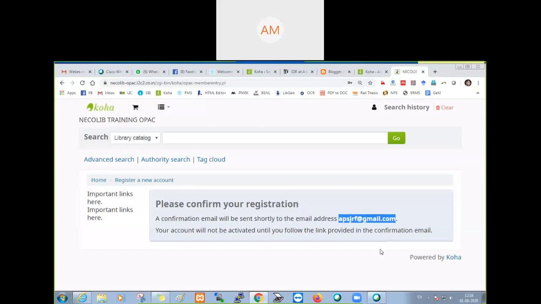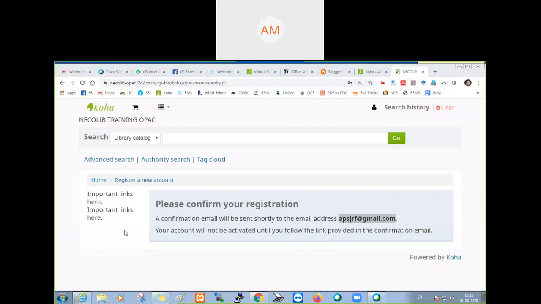But remember again, before sending this email, your Koha server should be connected to the internet, and the system of sending email should be activated. Basically, it is done with a software called Postfix. It is open source software. You install Postfix on your server, configure the email and password, and the email will be sent automatically.